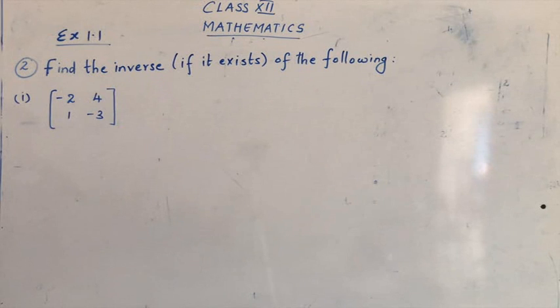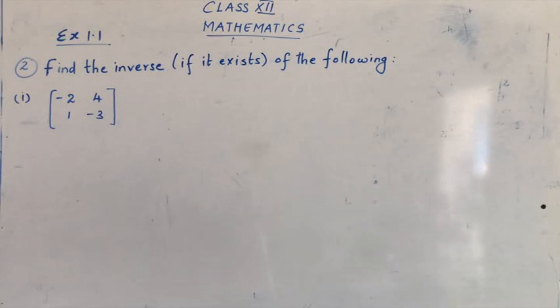The question is, find the inverse if it exists of the following. So the first step is to find the adjoint. And you people remember what is the method to find the adjoint? The first step was to find the cofactors. And in cofactors, you have to remember two different things. There is one we have seen for 2 by 2 matrix and one we have seen for 3 by 3 matrices. So you have to remember the method. That is, for 2 by 2, what are the signs to be inserted, and for 3 by 3, what are the signs to be inserted.